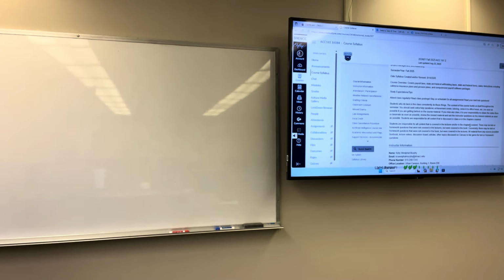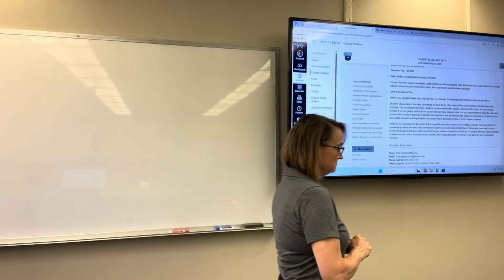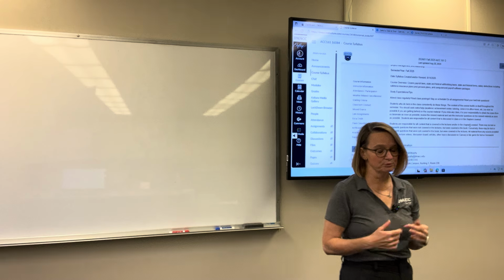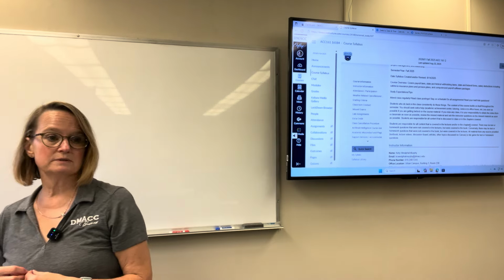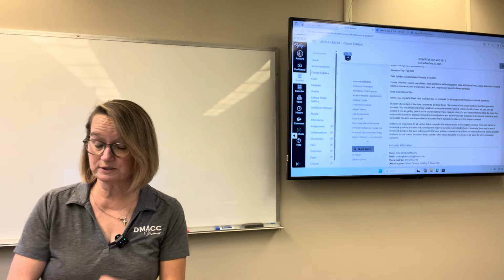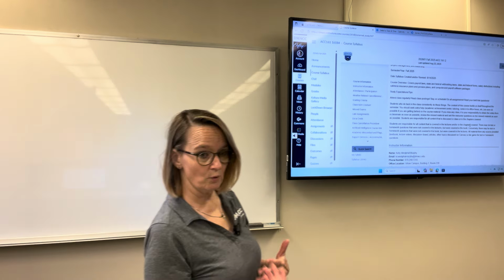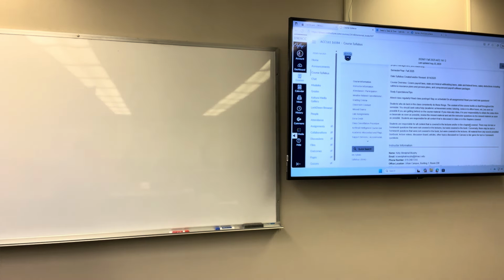So we're going to talk about different salary deductions, a lot of different benefits that employees will choose to participate in, where the payment for that benefit is going to be deducted from their paycheck. So we'll go through all of that kind of stuff. Again, this is all from the employer's perspective.